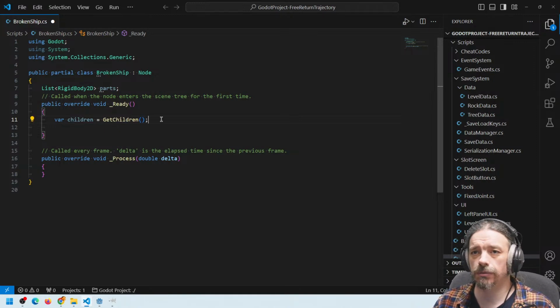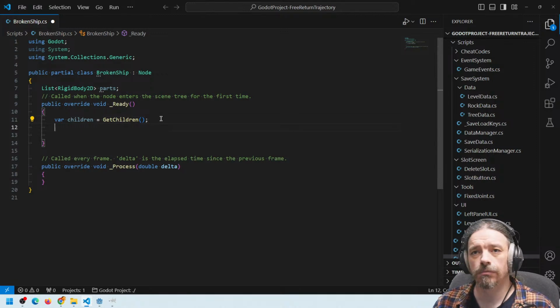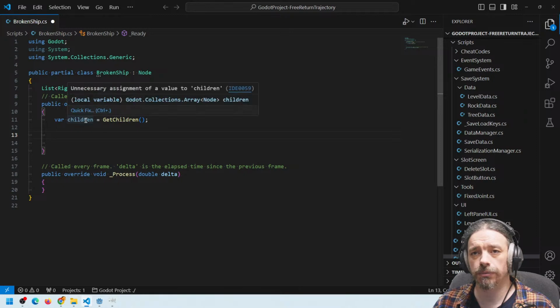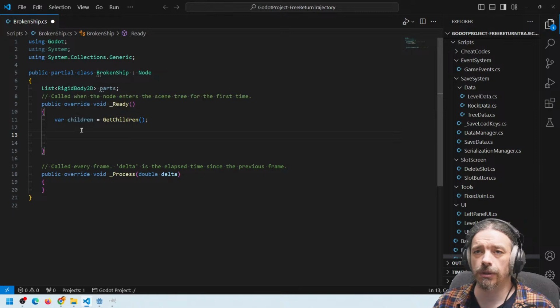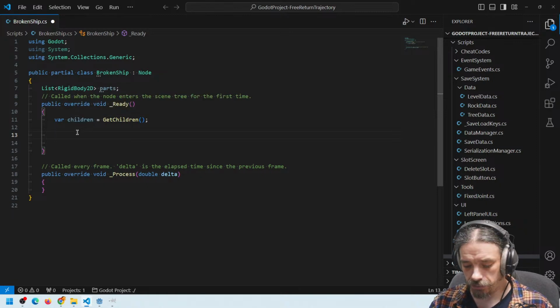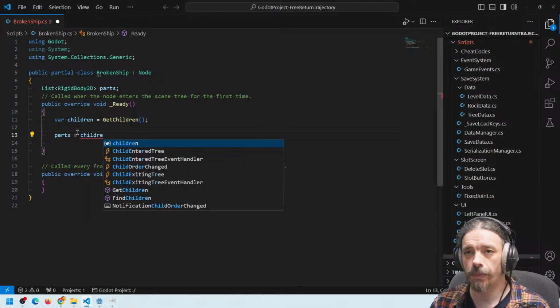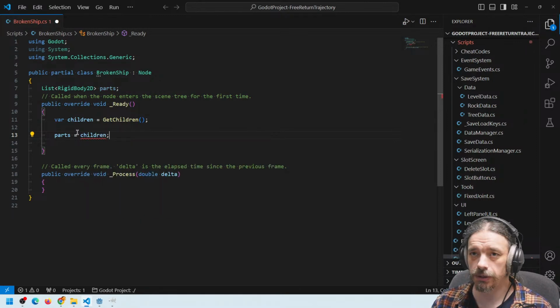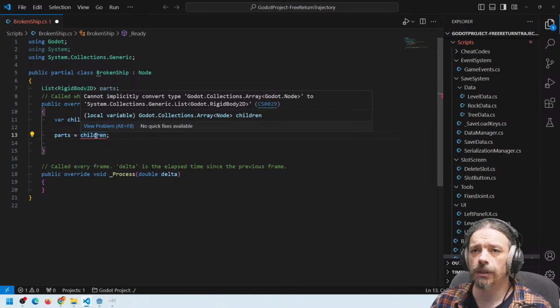Children. Okay. And children will be what? Unnecessary assignment of out. Okay. Can I say parts equal children? Of course not, because one is a list and another is an array. Cannot implicitly convert an array of Godot node